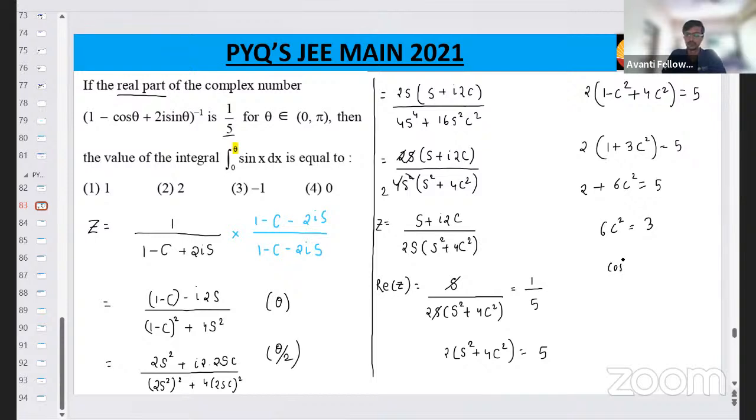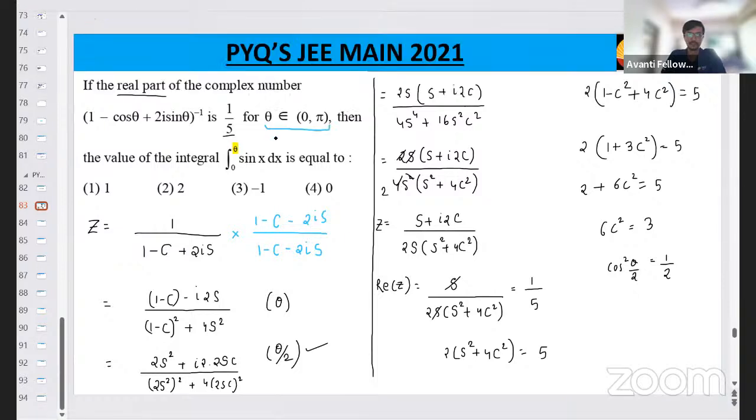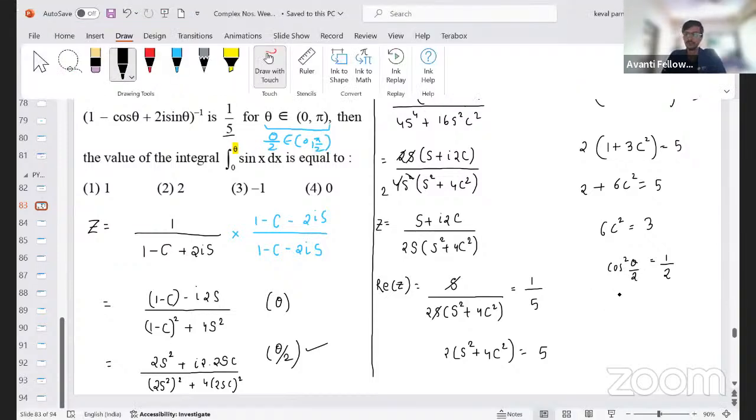So cos square theta by 2, remember the angle was theta by 2, equals 1 by 2. Correct? And theta belongs to 0 to pi. If theta is between 0 and pi, then theta by 2 will be between 0 to pi by 2, meaning the first quadrant. So in the first quadrant